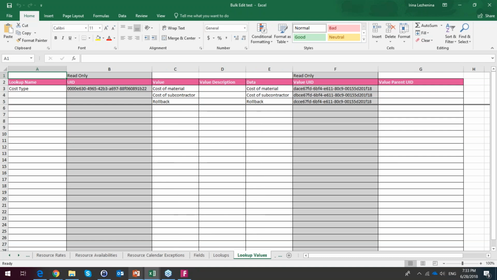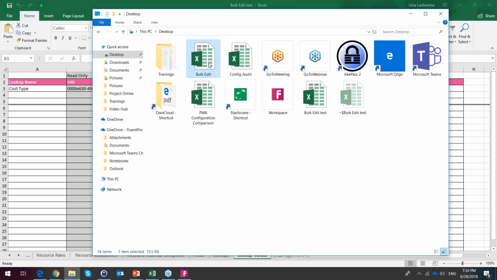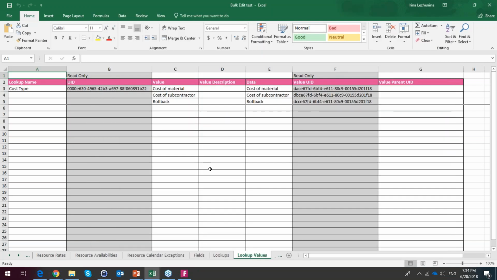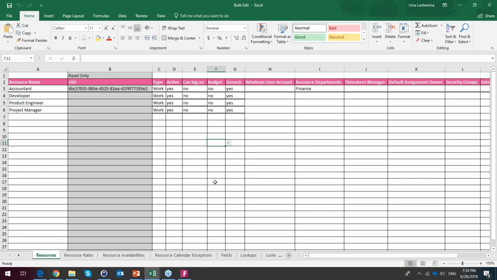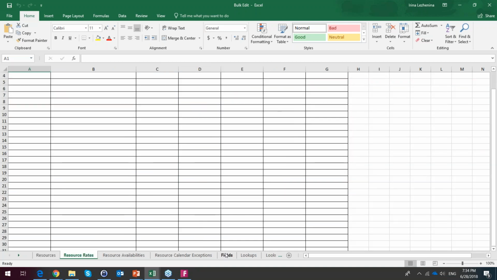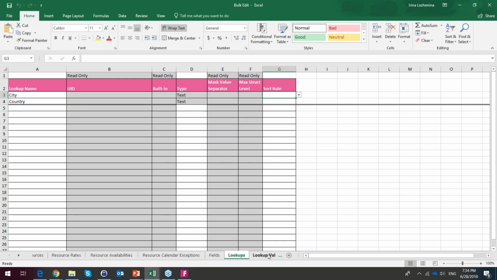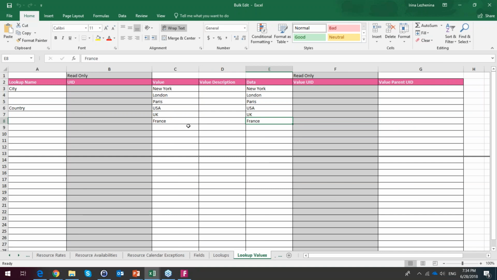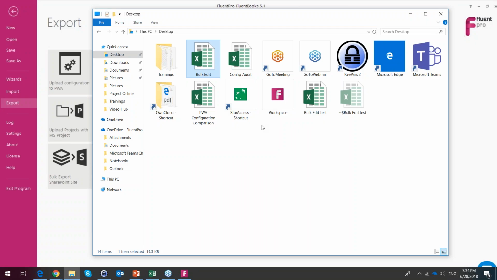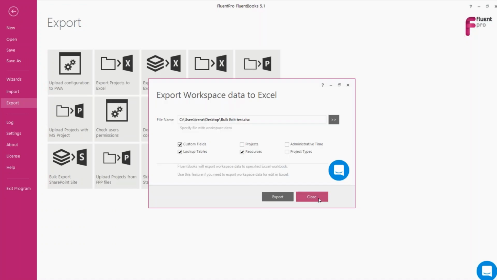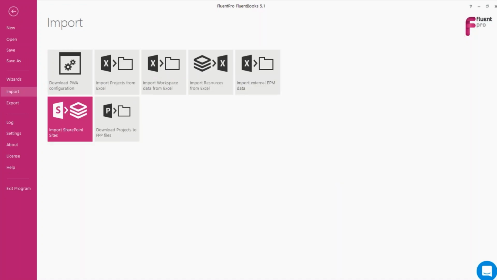I will open an Excel file where I have already added this new information, so we don't wait while I type it in. I have added a few new resources, generic resources, and I've added 2 new custom fields and lookup tables, and the lookup table values as well. So I will click Save and Close here, and the next step will be to go to Import option,